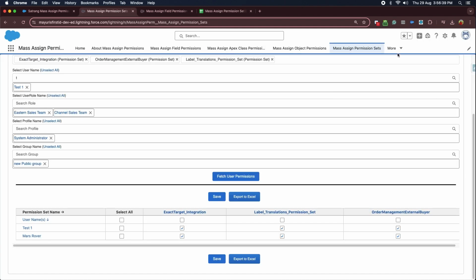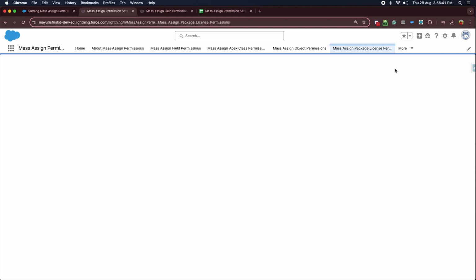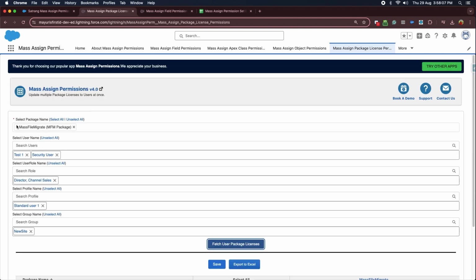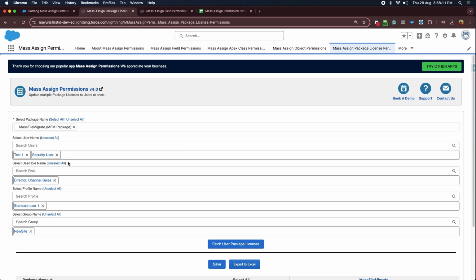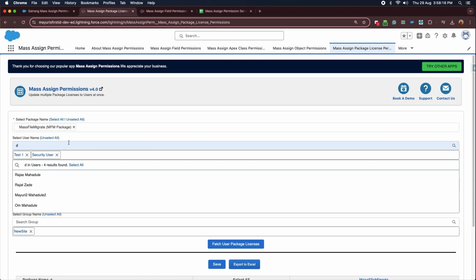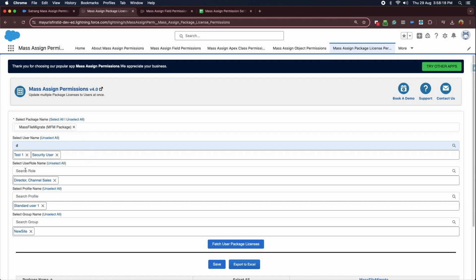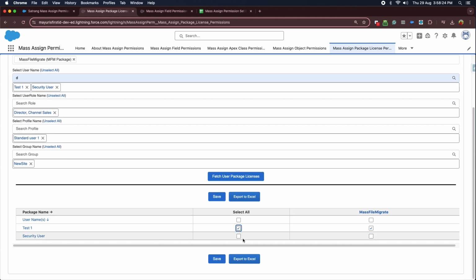Now this is Mass Assign Package License Permissions tab. In the Select Package Name drop-down, choose the packages for which you want to grant licenses. In the Select Username drop-down, select the specific user or you can select the user role, profile, or group from all these fields. Once you click the Fetch User Package Licenses button, a table with the selected packages and users